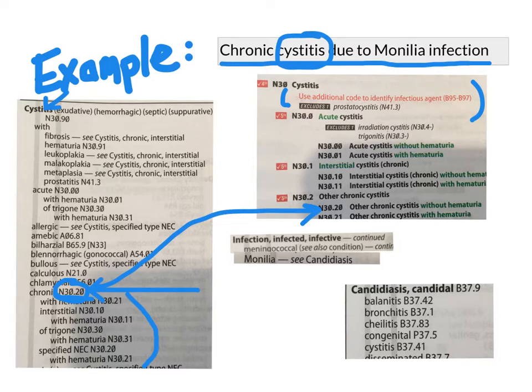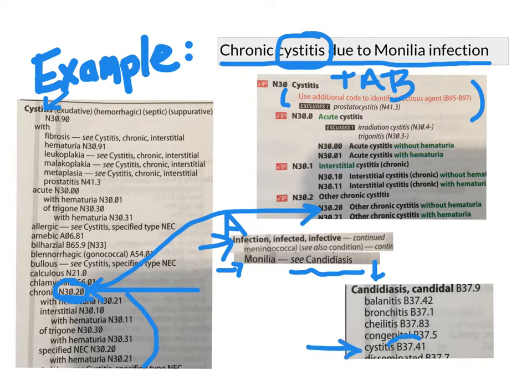So now we will go to infection in the alphabetic index. So up here, remember, we're in the tabular list. Down here, we're back in the alphabetic index. So when we go to infection subterm Monilia, it tells us to see candidiasis. So here we are still in the alphabetic index. We're going to go check out candidiasis. When we get there, we see that there's actually a subterm for cystitis,